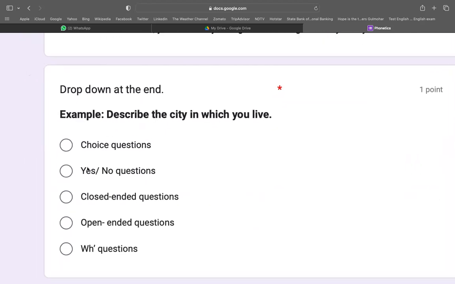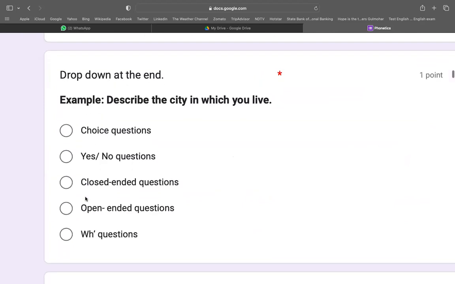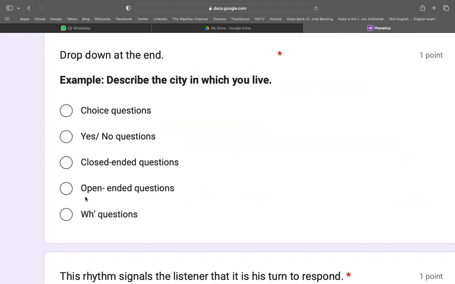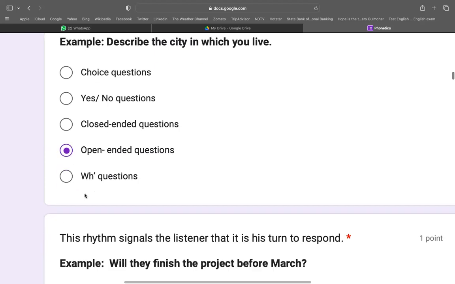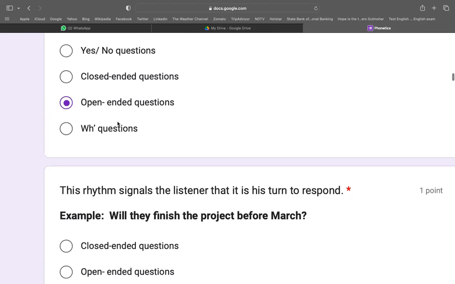Next is called as a drop down at the end. So example दिया गया है, describe the city in which you live. So drop down at the end. So on the basis of the kind of a definition and example यहाँ पे दिया है, describe the city in which you live. तो यहाँ ये एक what do we say that, ये चॉइस बेस्ड क्वेश्चन है या यस और नो क्वेश्चन है या क्लोज एंडेड क्वेश्चन और ओपन एंडेड क्वेश्चंस। सो हम कह सकते हैं कि ये एक ओपन एंडेड क्वेश्चन है, ठीक है।